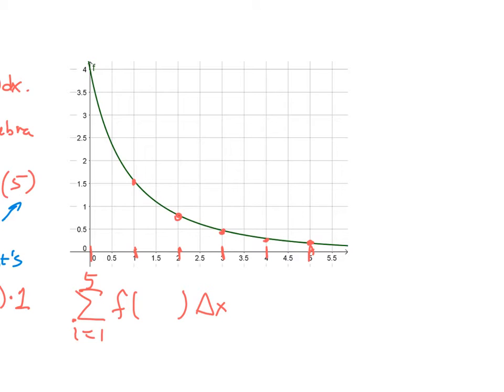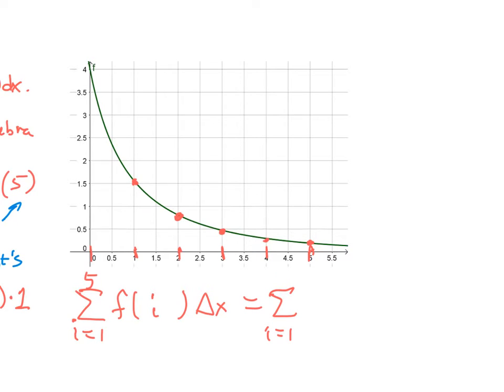What is it I'm adding up f of this time? Well, when I is 1, I'm using f of 1. When I is 2, I'm using f of 2. When I is 3, I'm using f of 3. So I think this is just f of I this time. So the sum I'm taking is the sum from 1 to 5